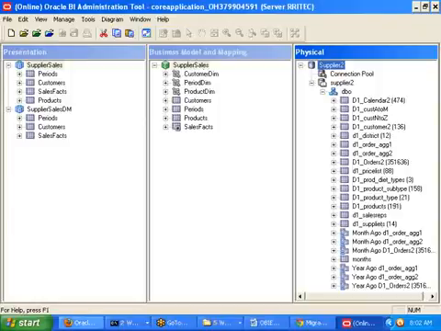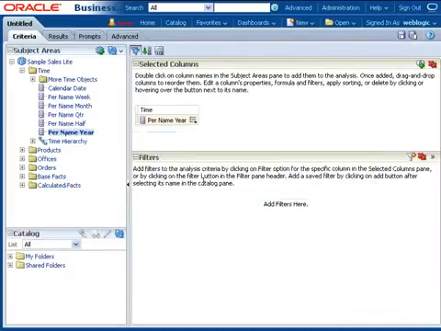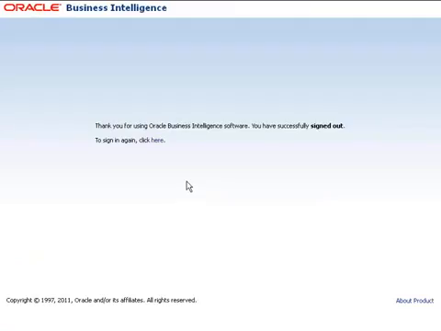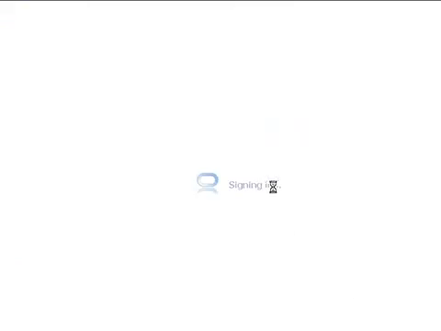Let us move on to the front end. In the front end, I am trying to sign out, because any of the session will not be valid. Then click here. WebLogic is my user, and the password is RRITech123. If I click on New,